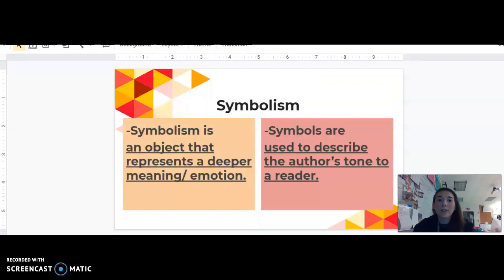Next, we're going to be talking about symbolism. Symbolism is an object that represents a deeper meaning or emotion. Symbols are used to describe the author's tone to a reader. So symbols usually embody something. For example,